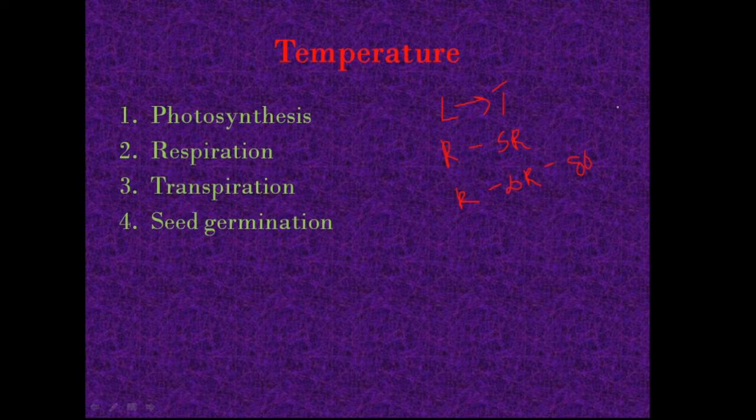These are the modifications. The plants which have these modifications can survive in high temperature regions, while the plants that do not show this kind of modification cannot survive in high temperature regions. So the vegetation can vary from high temperature regions to low temperature regions, right?